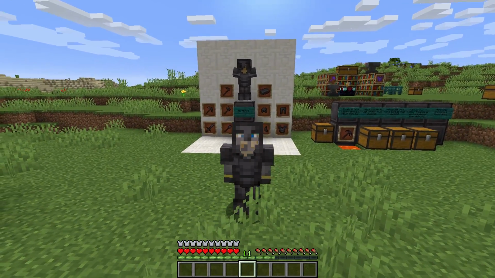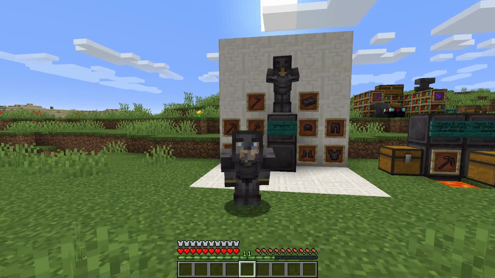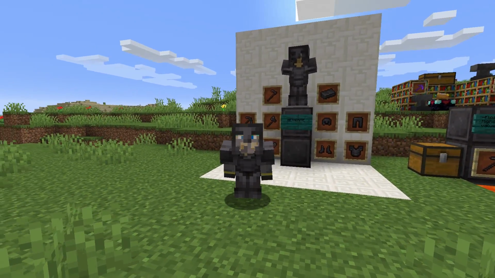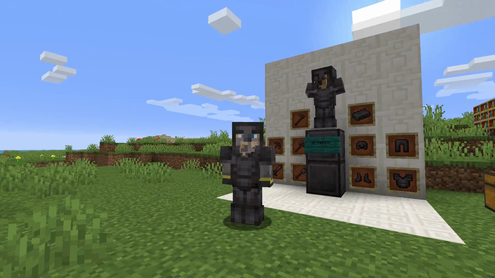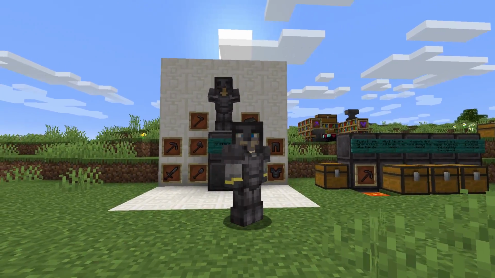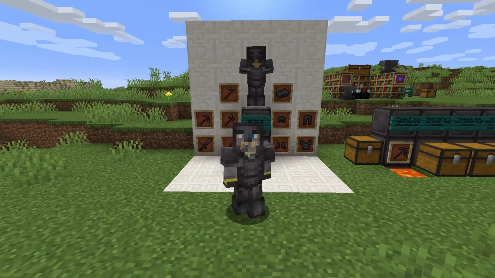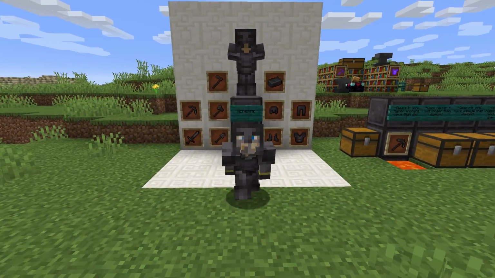So a full set of netherite armor unenchanted will give us a full armor bar. This stuff looks really, really good. I love the modeling here. I hope this doesn't change too much when the update actually reaches the release point, but overall, netherite tools, netherite armor, very, very cool. Now to wrap things up, it's time to go into the nether and explore a little